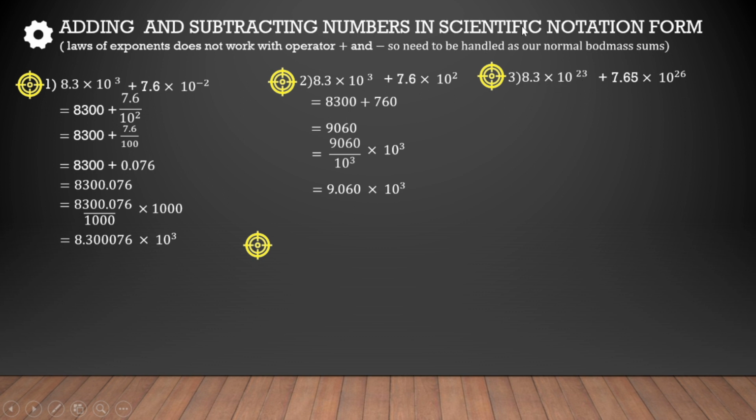So decimal will shift 23 places ahead. One place is occupied by 3. So how many more zeros? 22. So this is gonna be 83 into 10 raised to power 22. No? So see what I have done. I didn't write it like this because that was a tedious task. I'm just pretending that I have written this format. This is actually 8300, and it has to be 83 and 22 zeros. I don't want to go through that procedure, so I wrote it like this. But anyways, this is my standard form.